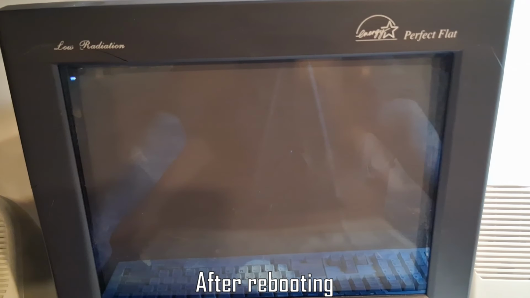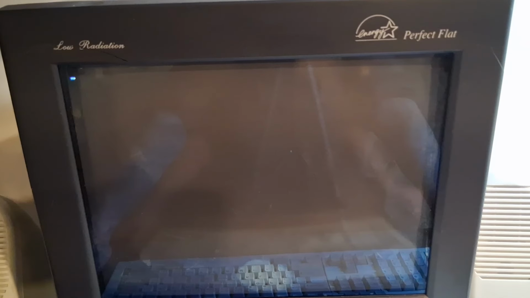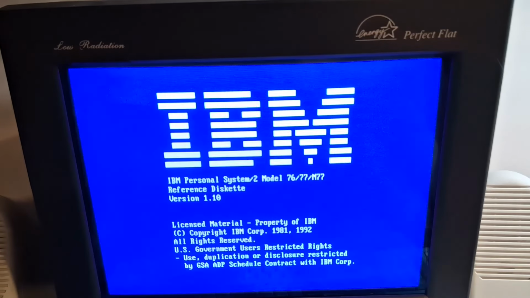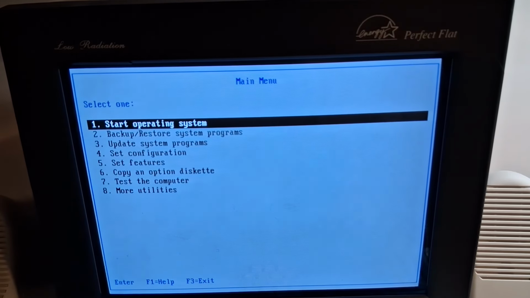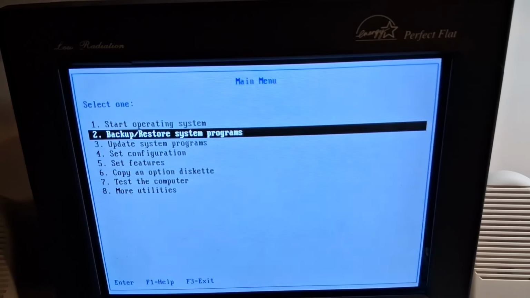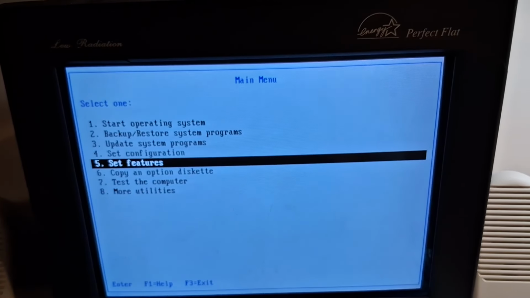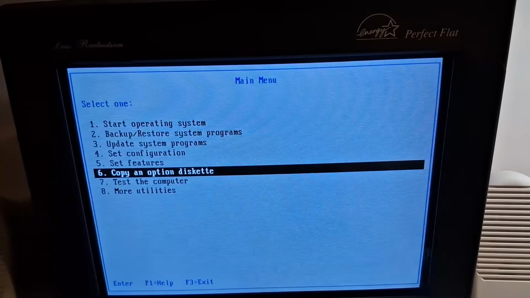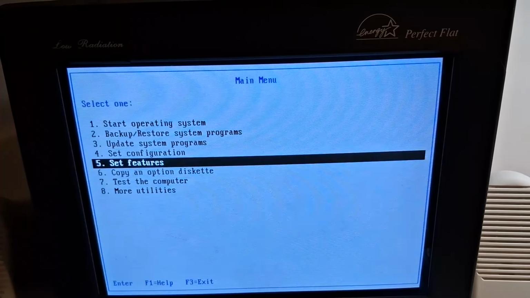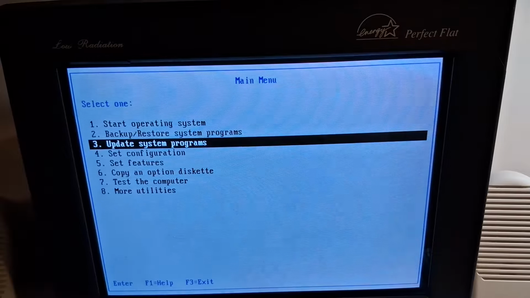Okay, notice the one beep. That means no errors. You see no error codes on the screen. And I'm going to go back into the reference disk for a minute. This is the main menu. So if you actually had an option disk with your adapter, this is where you would have gone to copy the file to it. But let's have a look at